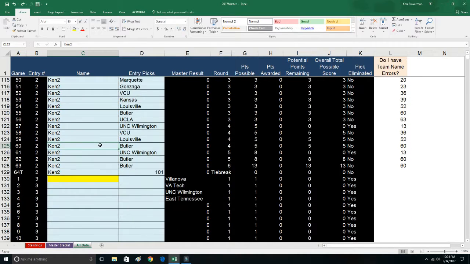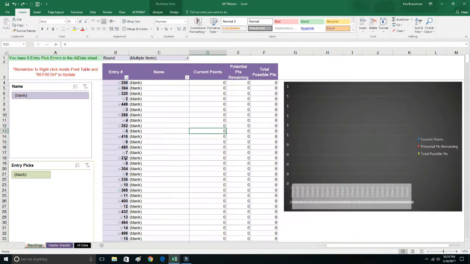Now, in the standing sheet, I have one standing sheet so far. I'm going to be doing more work on the master bracket that I run just for fun during the upcoming few weeks here as all the games play out, and I'll do different views of potential points remaining and possible running out scenarios. But what you do when you get here is you right click and you press refresh